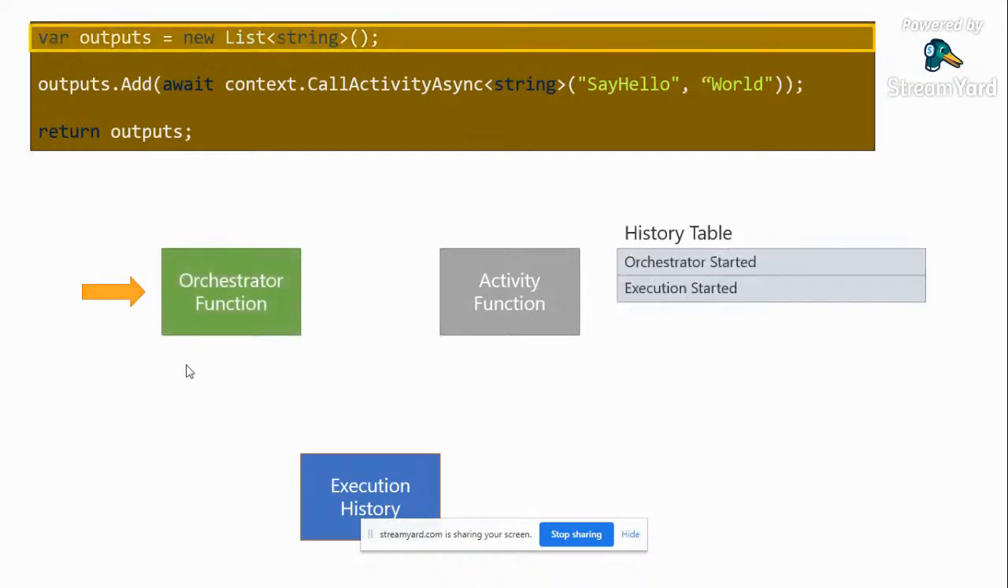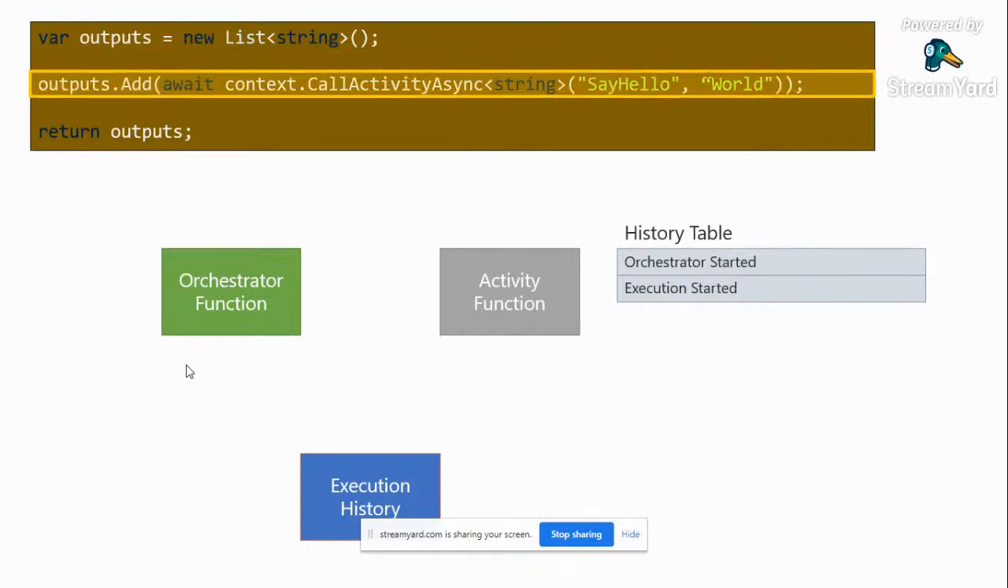So as soon as the orchestrator function is called, we'll first execute outputs is equal to new list of string, right? So now the outputs will have the list of string value. Next, we are going to call the CallActivityAsync SayHello method, passing the parameter as world. Let's assume this SayHello function has the hello keyword already, and we are just going to append this world to it. So now as soon as it sees the CallActivityAsync method, it doesn't go